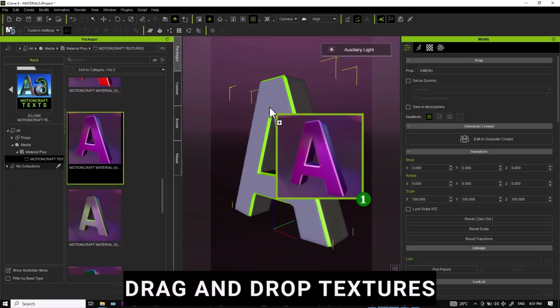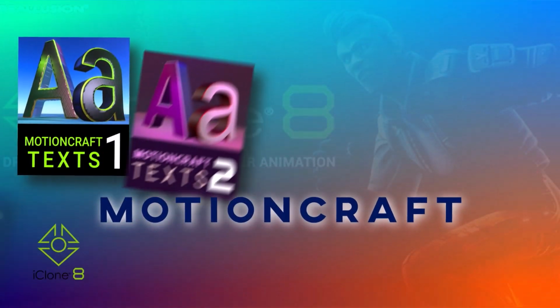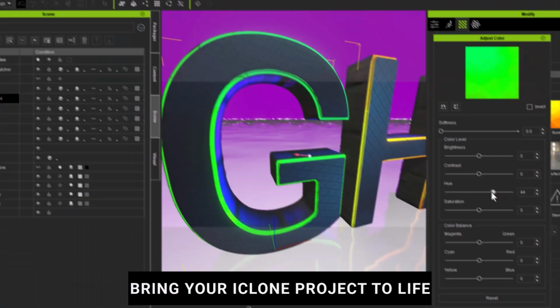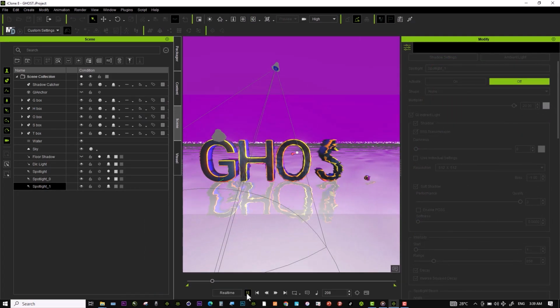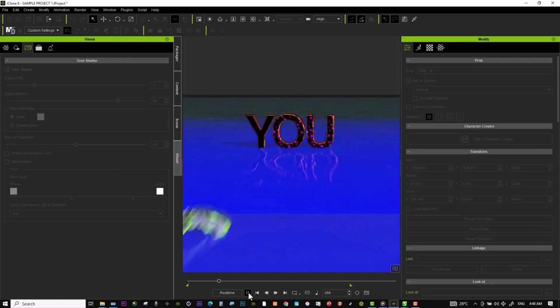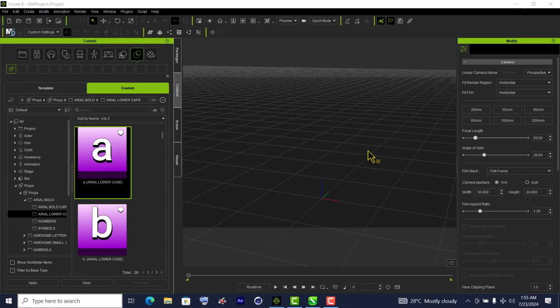In this walkthrough video, I'm excited to introduce to you MotionCraft Texts, which is an ultimate tool for creating dynamic, professional text elements effortlessly. Let's dive in and see how easy it is to create motion graphic text using MotionCraft in iClone. If you have bought MotionCraft, probably it's going to be right there in your prop folder, so you